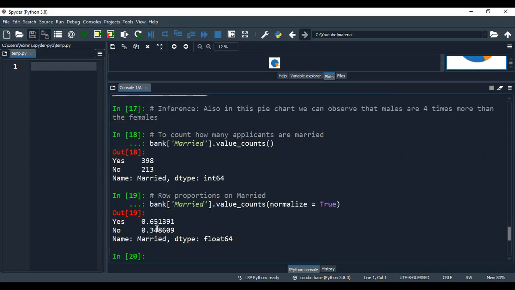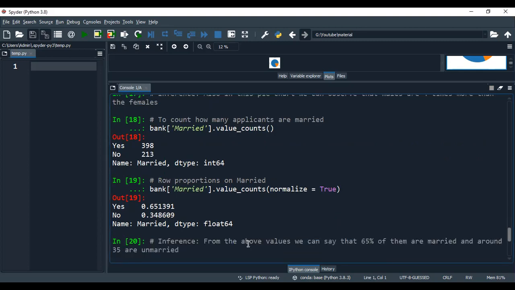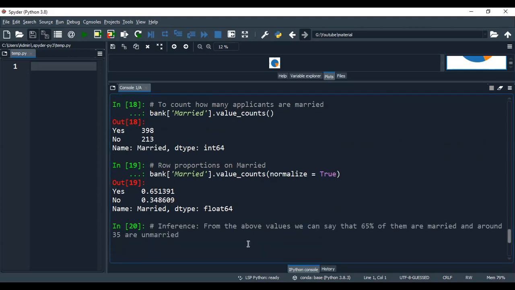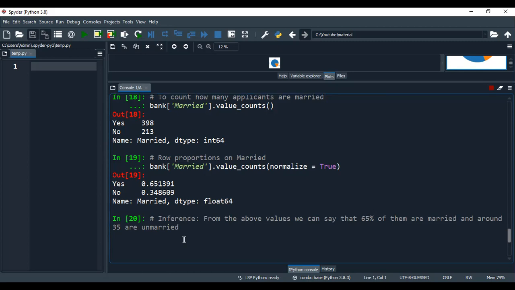It comes to 65% yes and 34.8% no. So we can write the inference like this: from the above values, we can say that 65% of them are married and around 35% are unmarried. This is how you can write the statistical inference after each and every chart that we draw.